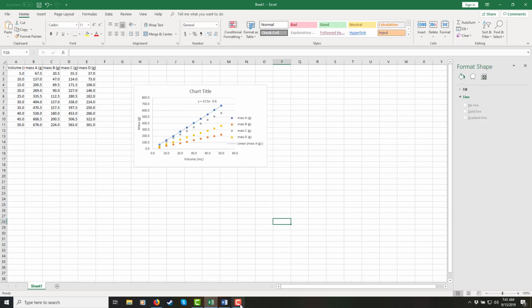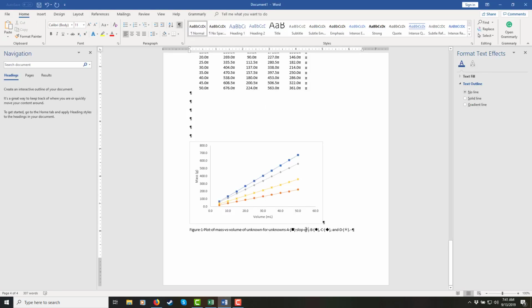Okay, A is 13.5, so slope of 13.5, and then that would be grams per milliliter. And you know what? I could probably just call that density, slope. I forgot my E. So slope of 13.5 grams per milliliter, or just call it density. There, and then